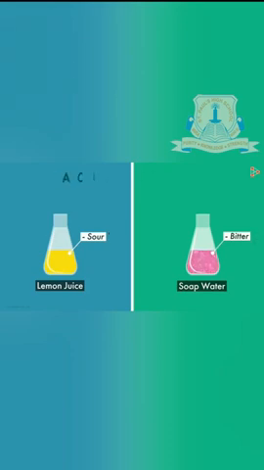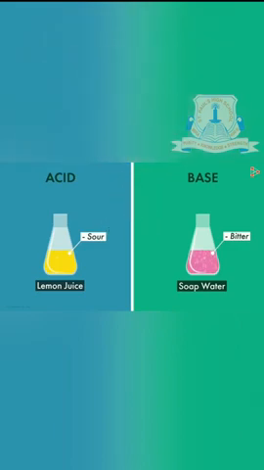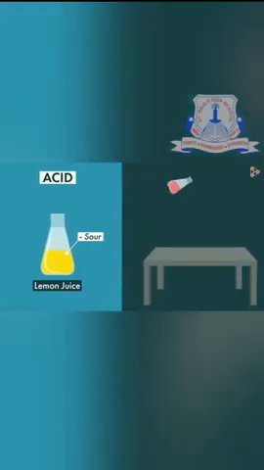It is because the lemon juice is an acid and the soap water is a base. So now we come to the main concept of an acid and a base, giving one example each. The acid, the lemon juice, has a sour taste. Whenever the word acid comes to our mind, we only think of the burning effect, because we have always heard that acids produce a burning effect. That's the reason we never want to go near an acid or come in touch with an acid.